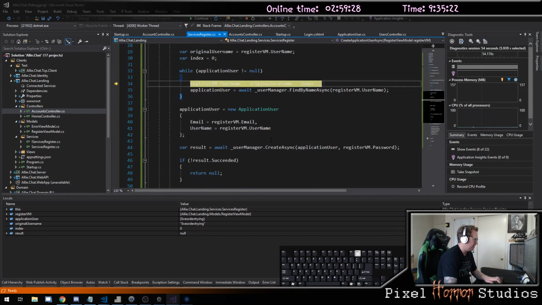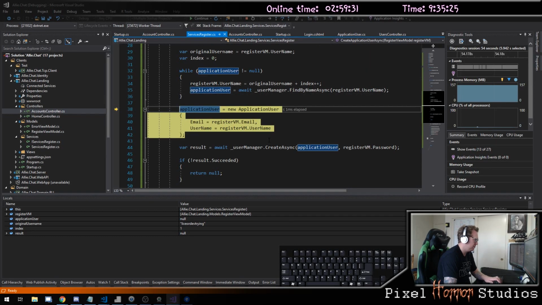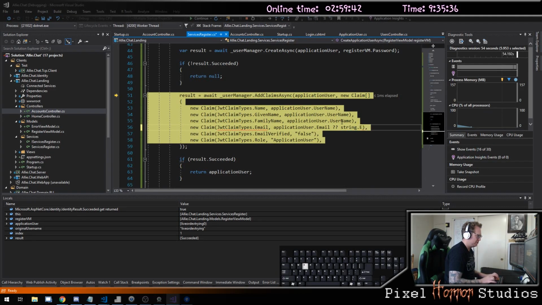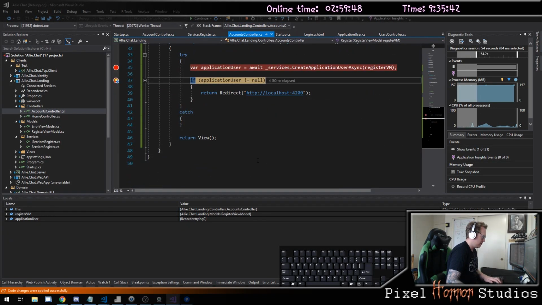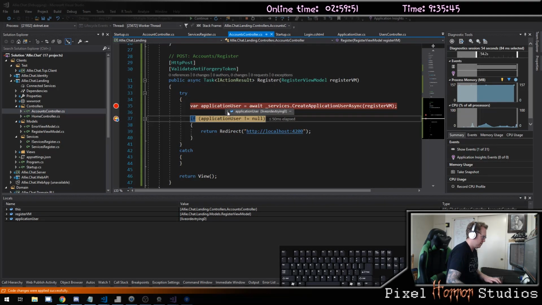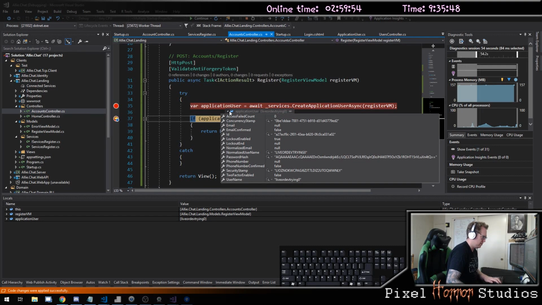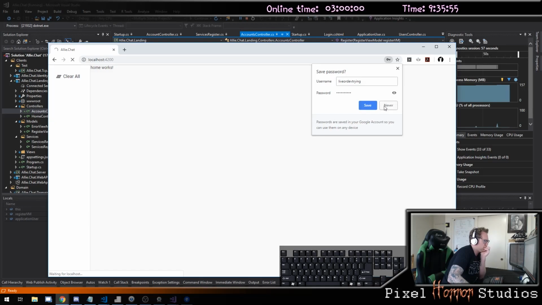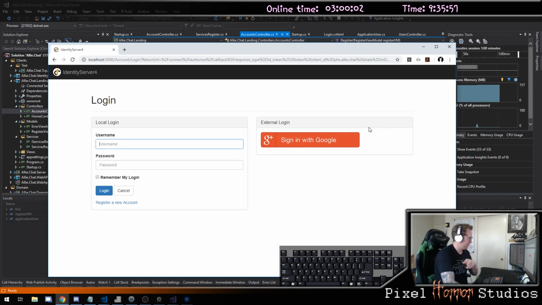This one, when we go through this, we create a new user. That worked. Now I'm going to look at my name, and my application user.email cannot be null. So if it is, we're going to say that that's string.empty. And that worked. And then it'll redirect me to my login, where now it'll ask me for that,